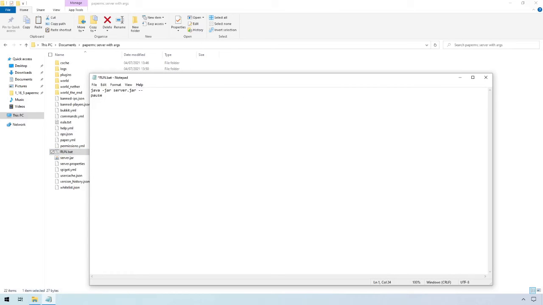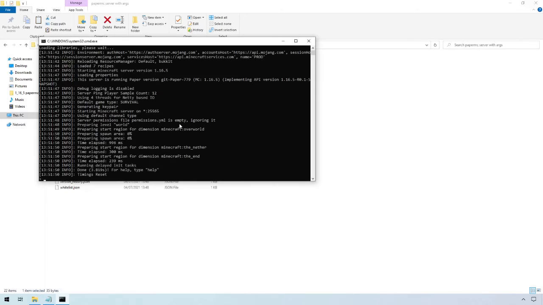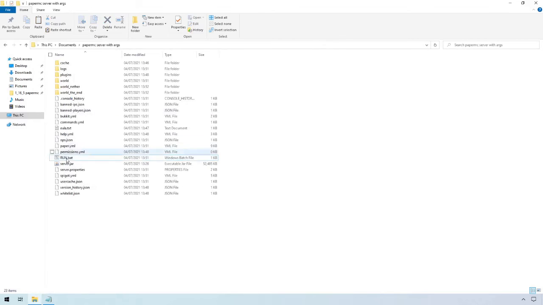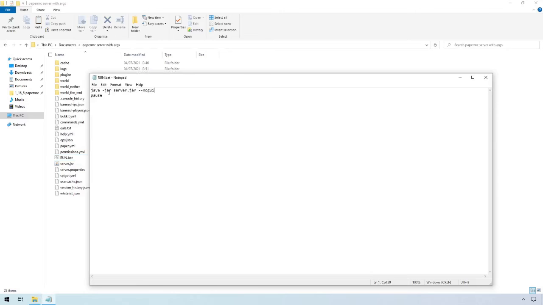So the first thing we do is nogui, and that will disable the grey window that popped up, but you'd still keep this. And there we go, that all works. Just type stop here. And then we can edit the .bat file again, because there's one more thing we want to do, and that is add in